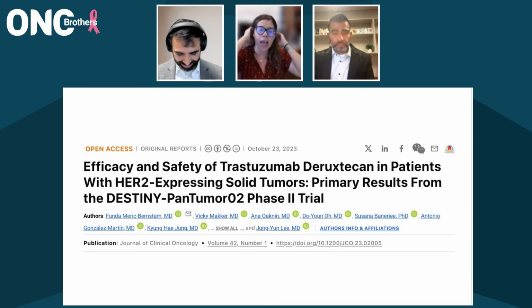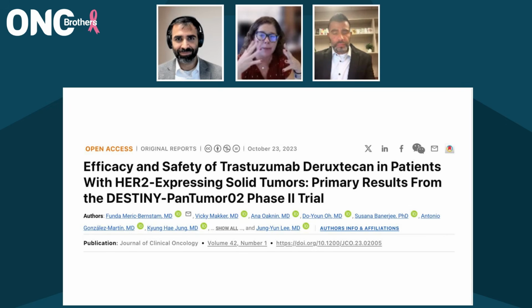In fact, when you look at traditional data, it would say that HER2 positivity, or amplification and such, was found in about 20 to 30% of endometrial cancers. I think it's actually going to be much higher than that now that we're using that pure IHC 2+ 3+ designation. I feel like we're seeing a lot more of these patients, and I am using this drug. I think that